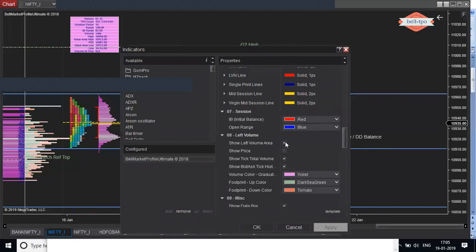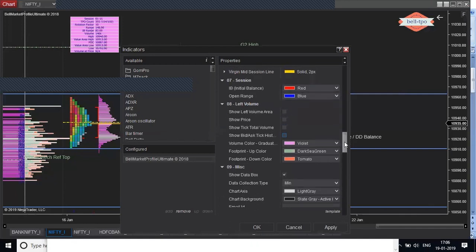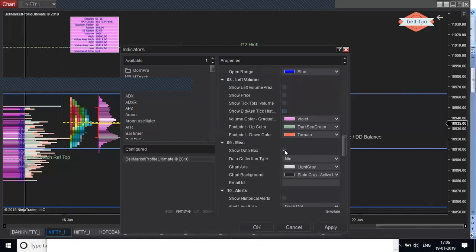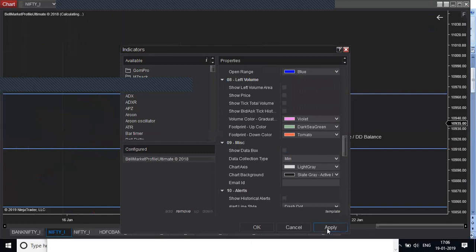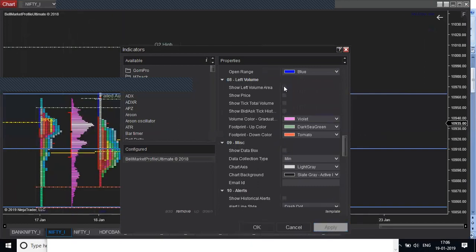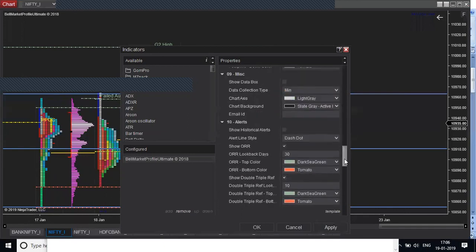If you don't want the left volume area, you can disable it, and disable show, disable everything from here. All these things will be disabled from the list. I don't want a data box. Apply. Okay, anyway, it's good to have those already. And the other settings are